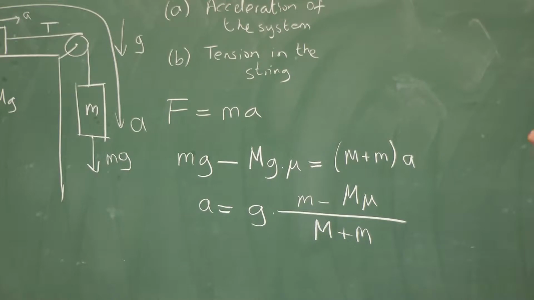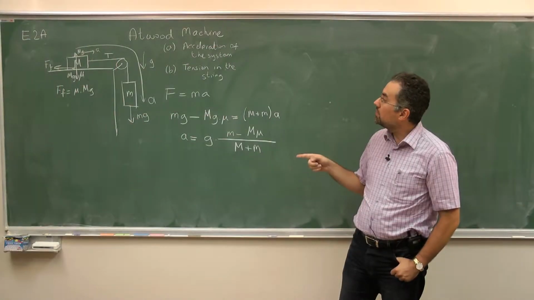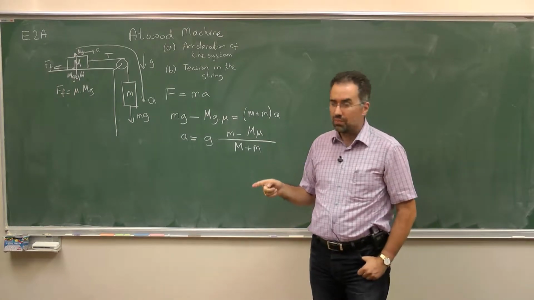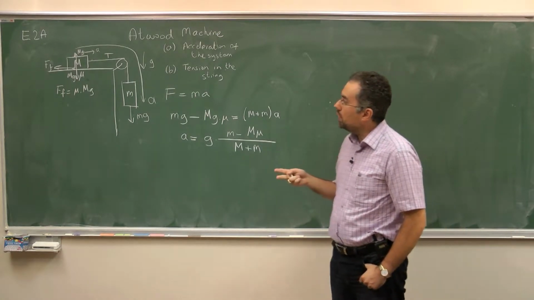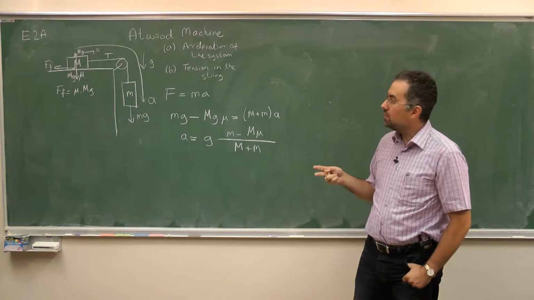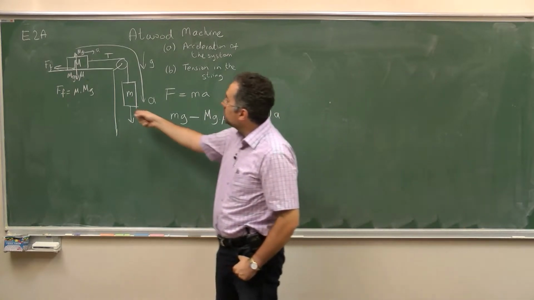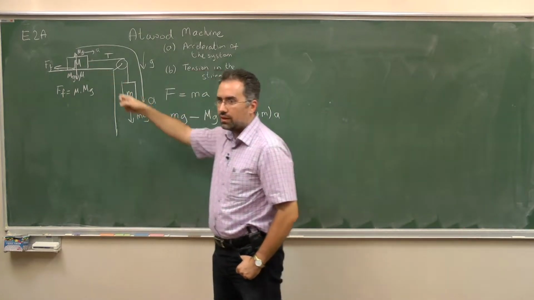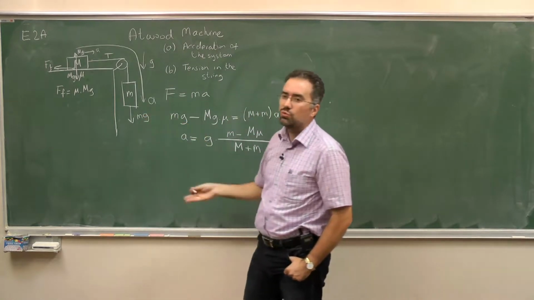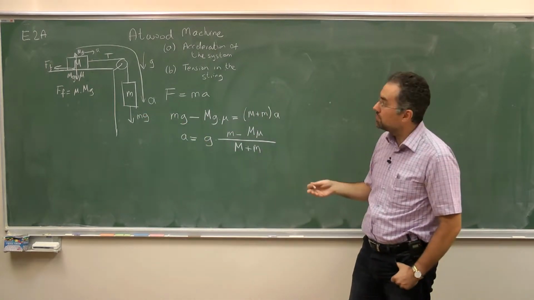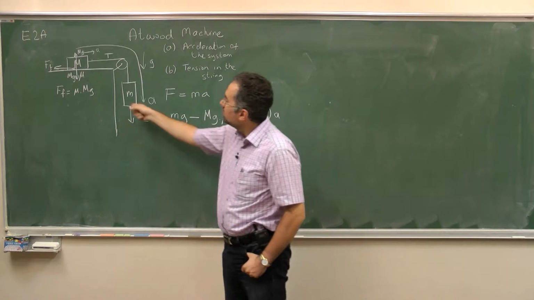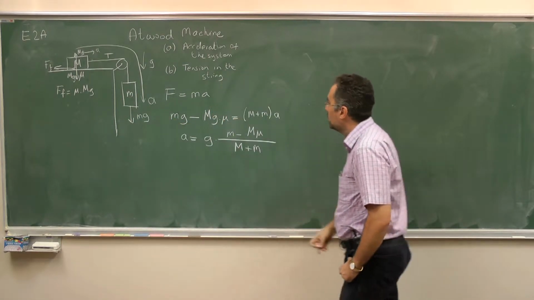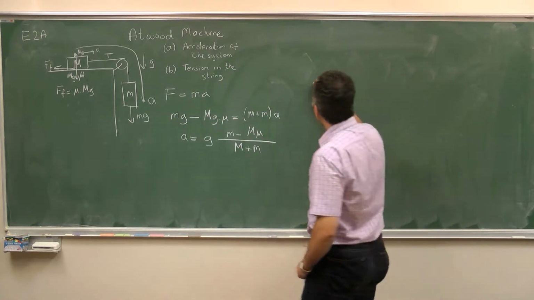Now that I know the acceleration, how do I find the tension in the rope? Now, I can do it two ways. I need to either go to this mass or that one, and I will have to go to a free body diagram to do this. Now, the simpler one is the one that's hanging down. So if I take that mass